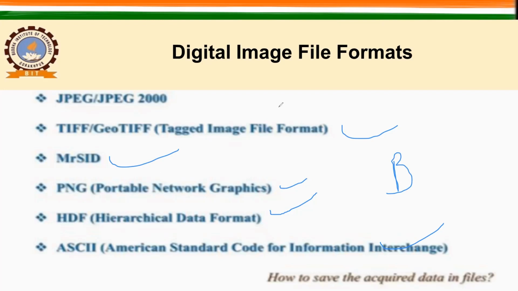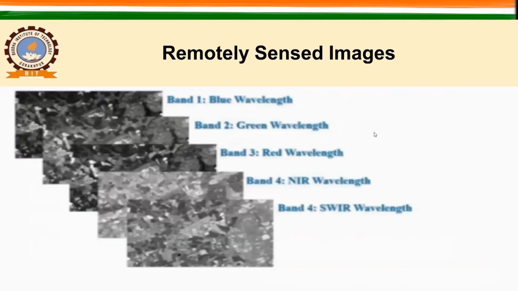So here for 0.4 to 2.5 micrometer, you may have 10 bands or 10 images. So how to save them together in a single file? But before that, let us understand what these bands are, right? So first we have to understand what a band is. For that, we have to jump to our next slide, which will define what the different bands are.